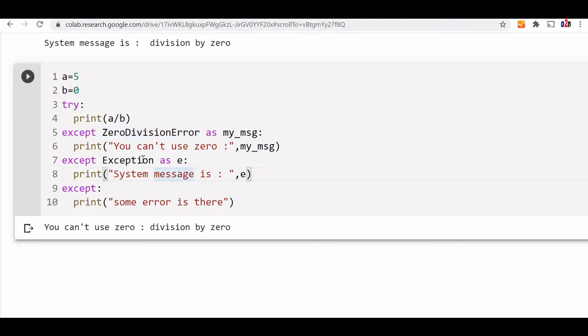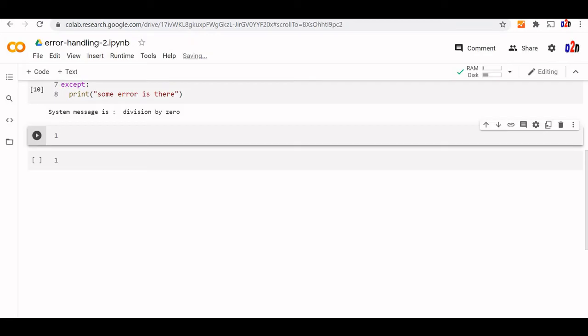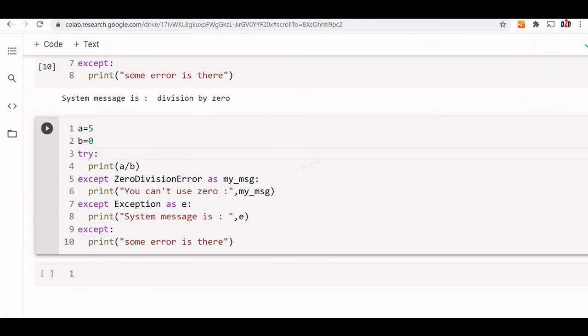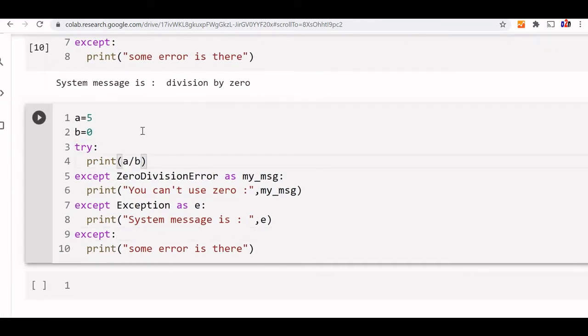So this is how it works. There is a listing of types of errors available in Python, and if it matches, then this particular line will be executed. Before this ZeroDivisionError, there can be some more errors also. Let's paste this code and experiment with that. You can see that it's a ZeroDivisionError, but before that, let's remove this t here.